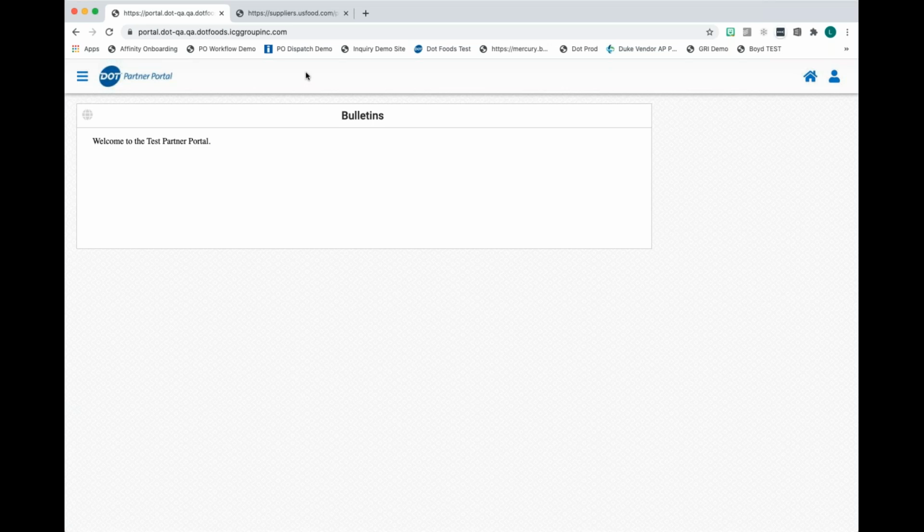So some of the things that happen behind the scenes when a vendor logs in is that their username has been associated with certain vendor numbers or company numbers or whatever number your particular company keys off of. But a user comes in and they may have one to any number of vendor numbers associated with them. And anything that they do in the portal is filtered by that. So any invoices they see would be filtered by that vendor number. Any invoices they submit would only be submitted on behalf of those vendor numbers, those sorts of things. And so when I come in,